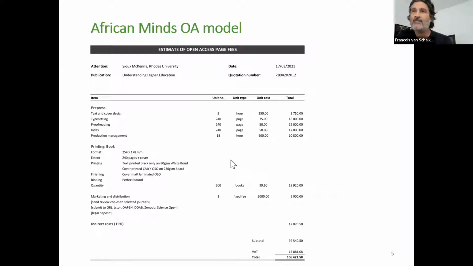Similarly, edited collections with referencing is a nightmare because no one ever follows our house style, whereas monographs tend to be a little bit easier to manage. So some books cost less than others. That's really what it boils down to. But this is a fairly standard or typical book that I've included. It is a monograph. It's called Understanding Higher Education, and you can see that we break it down by item